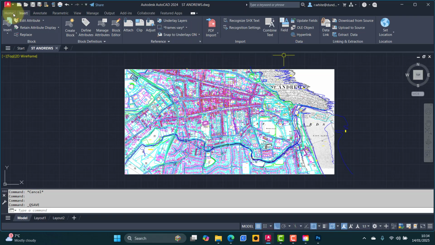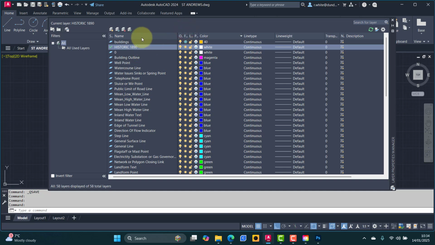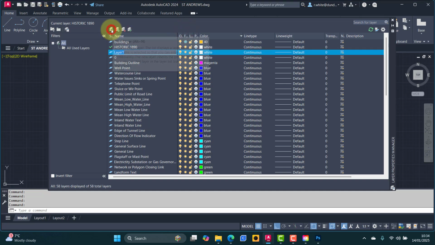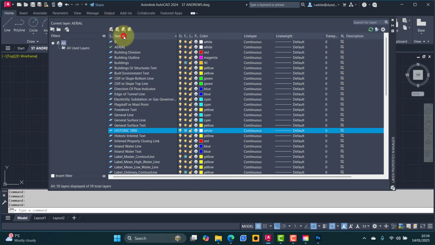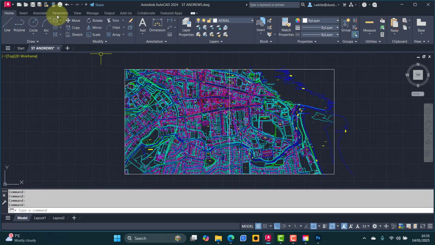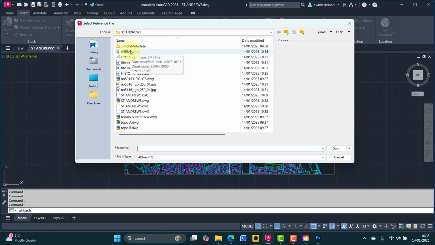Okay, let's just freeze off the historic for a second. So we'll create a new layer and we can freeze the historic at the same time. So new layer for aerial, make it current, freeze the historic just for the moment. Okay, I'm going to put these back to sorting out by name instead of color. Okay, close that. Then insert, attach, aerial bitmap,